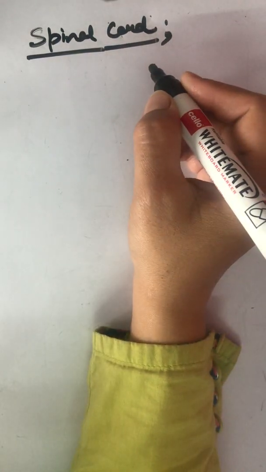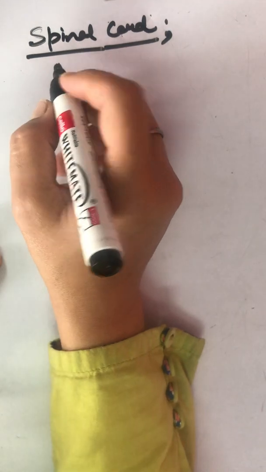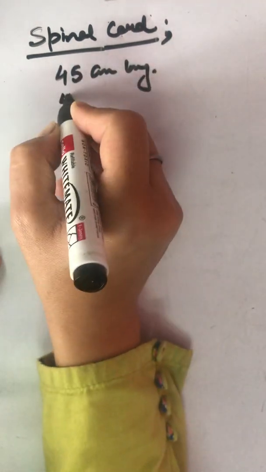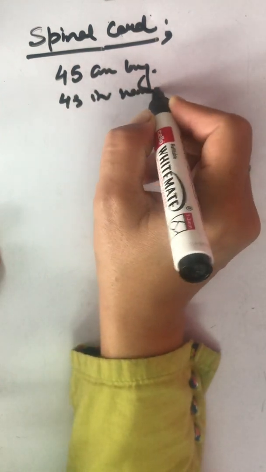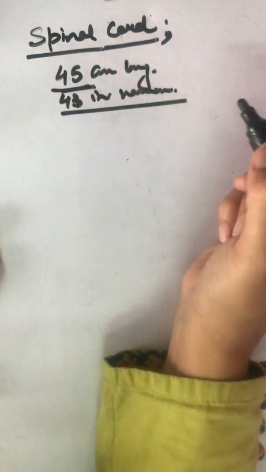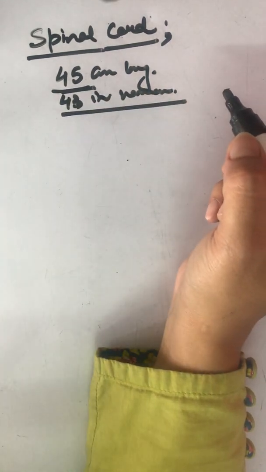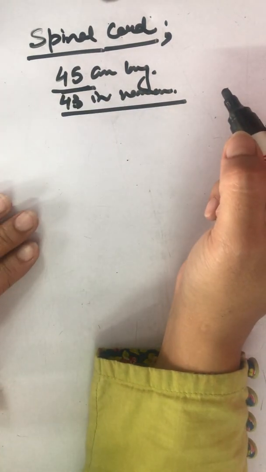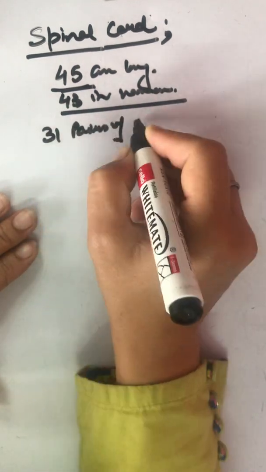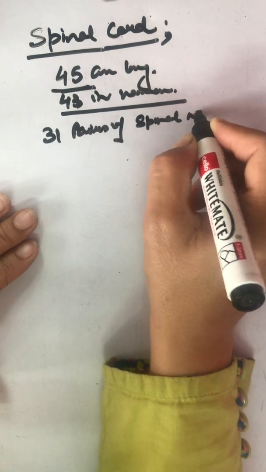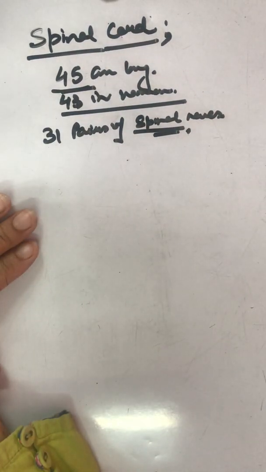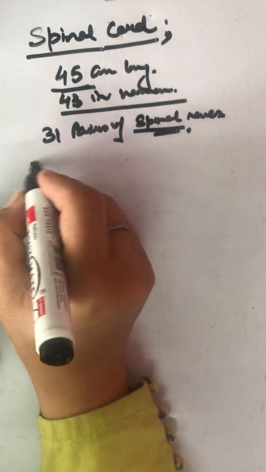Spinal cord means a cylindrical structure which is about 45 centimeters long in men, 43 in women. It is a little shorter in women. There are 31 pairs of spinal nerves. The function is to conduct